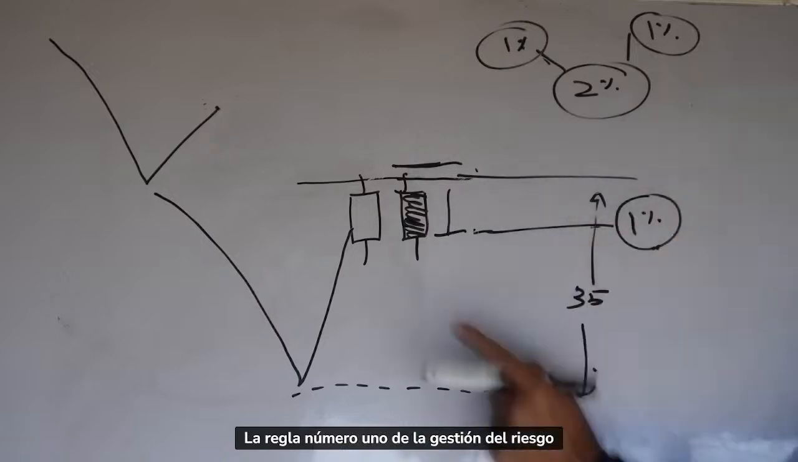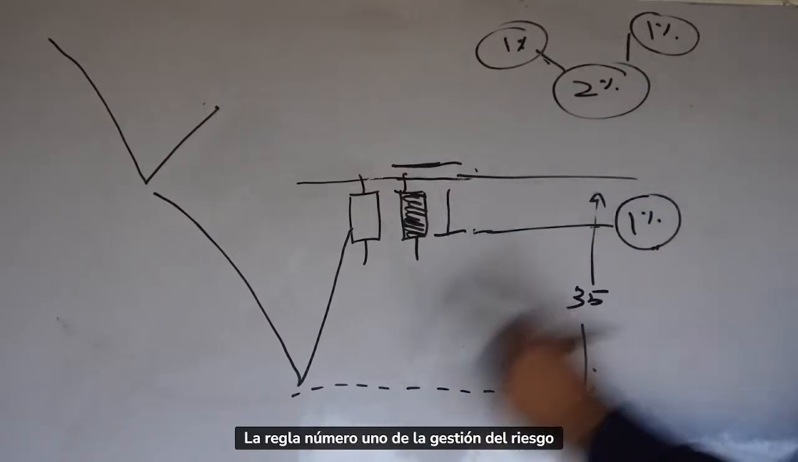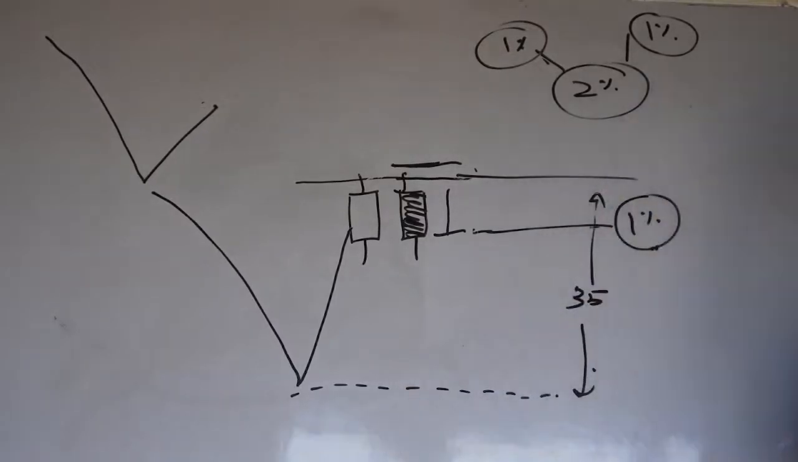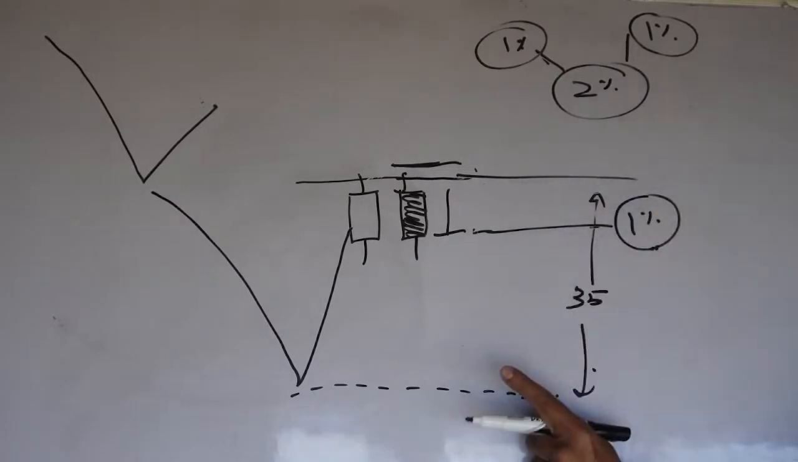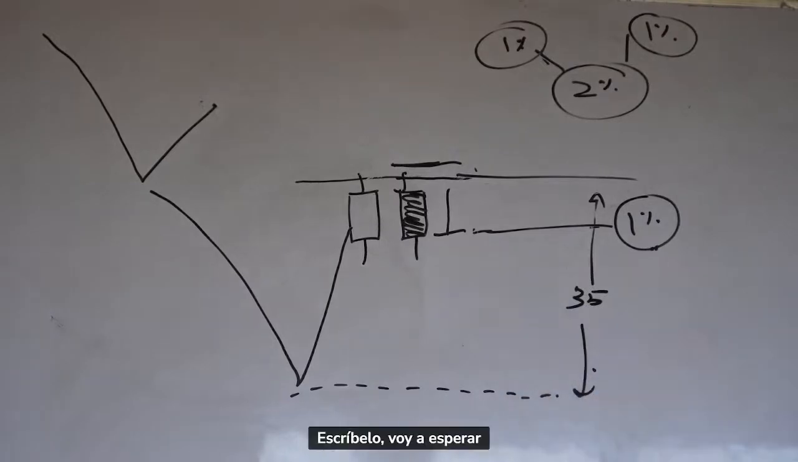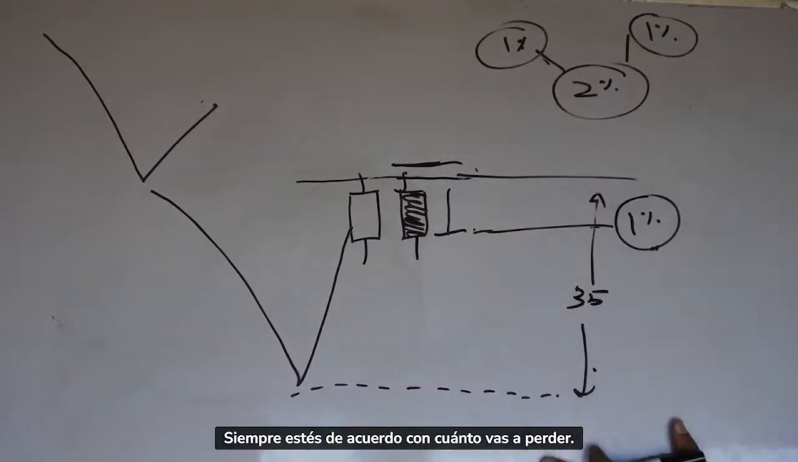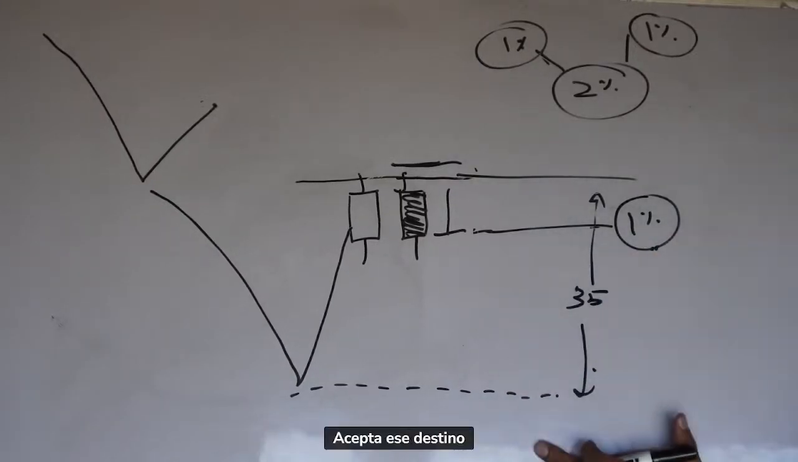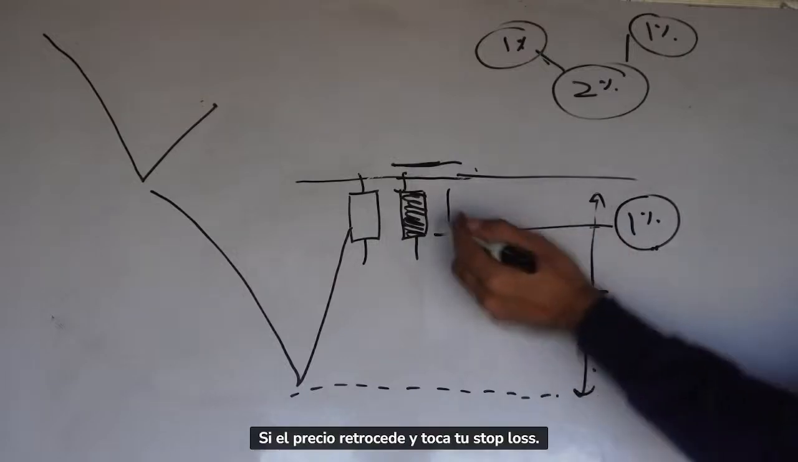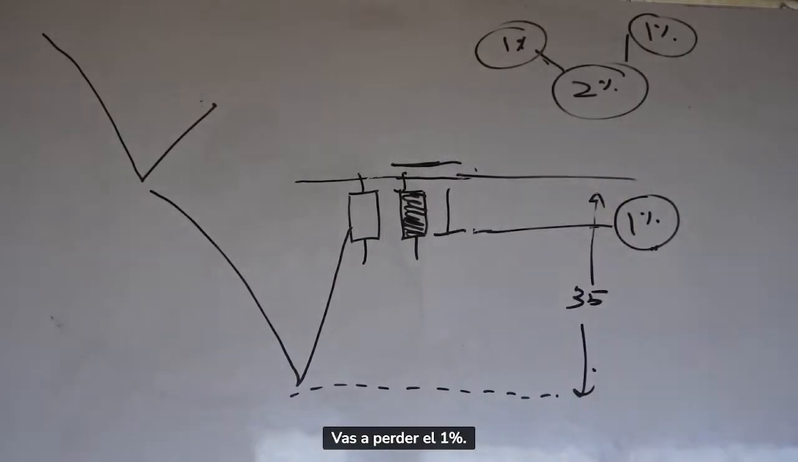The number one rule of managing risk is to always be okay with how much you're going to lose. That's the number one rule. Write it down. I'm going to wait. Write it down. Always be okay with how much you are going to lose. Accept that fate that you're going to lose that much, right? So if price retraces, it's going to hit your stop, you're going to lose 1%, so you're not going to